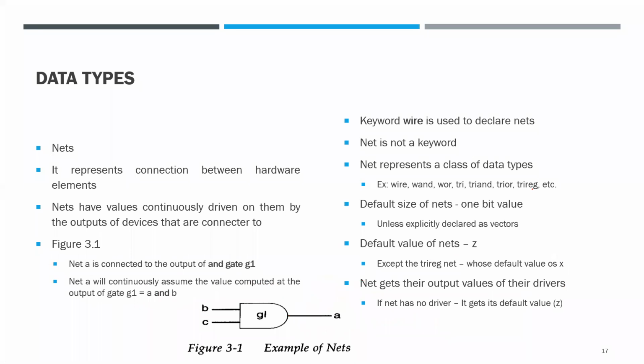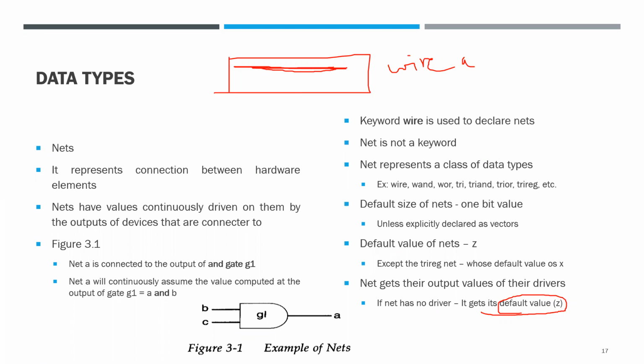Suppose you have just a random wire, that is, you don't have any connection over here. I have just placed a wire and I'm writing it as wire A. If I try to check what level it will be at, nothing is driving this. It is just a wire you're holding in hand. What happens is, in simulation, its default value will be Z. It has not been driven by anything, so it will always be in tri-state condition.